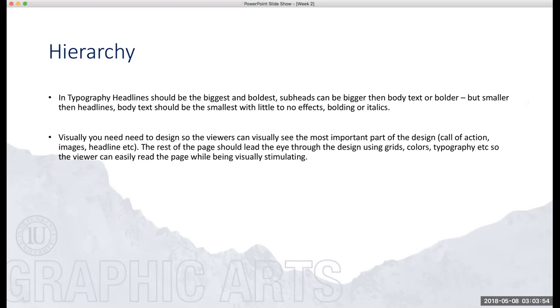In typography, headlines should be the biggest, most important. When somebody clicks on a portfolio picture to read about it, make sure you have headlines in there that, say, project details should be a headline, and then a little paragraph explaining what the point of that project was, what problem you were solving. That sort of thing. They should be the biggest, the boldest. If you have subheads, depending on how you format your